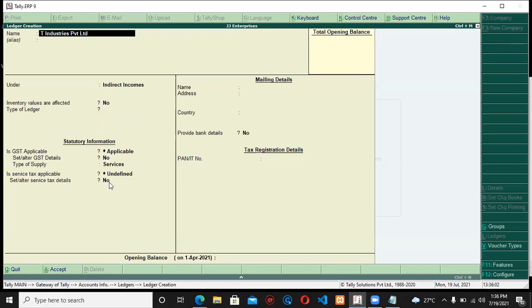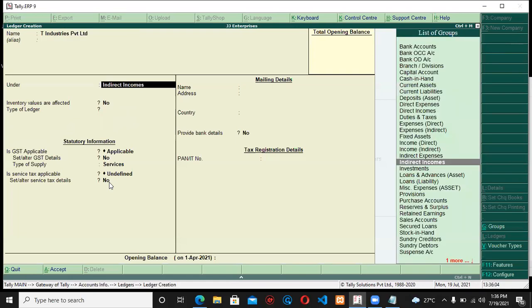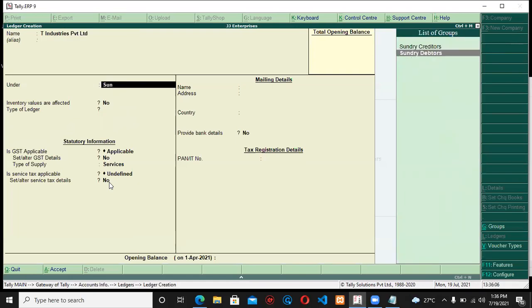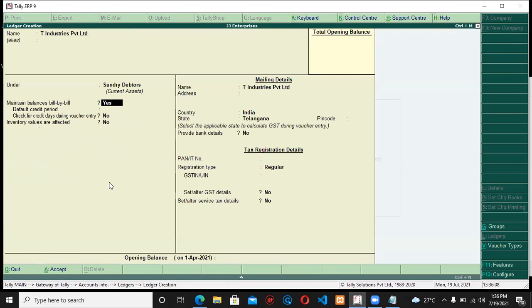T Industry Private Limited. These are our sundry debtors. Sundry debtors, because we are selling to them, we have to receive cash from them, so they will be considered in our books of account as sundry debtors. Maintain bill by bill is set to yes. Other things you can ignore.